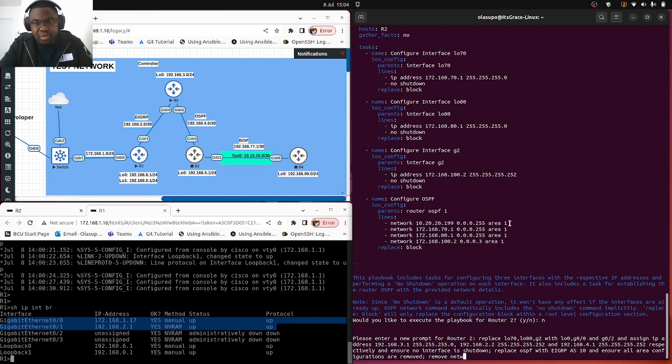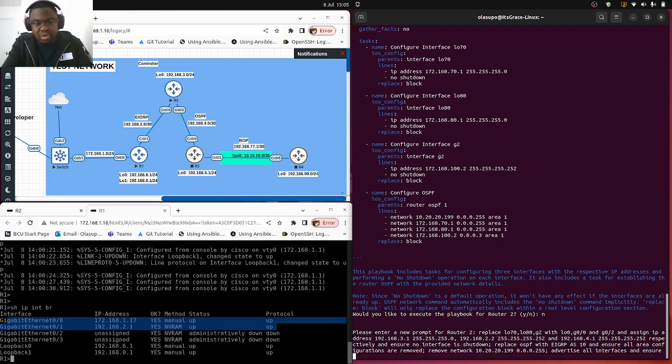We have a network here, an unwanted network, so we ask it to remove network 10.20.20.199.0.0.0.255. Okay, then finally advertise all interfaces and ensure the correct wildcards